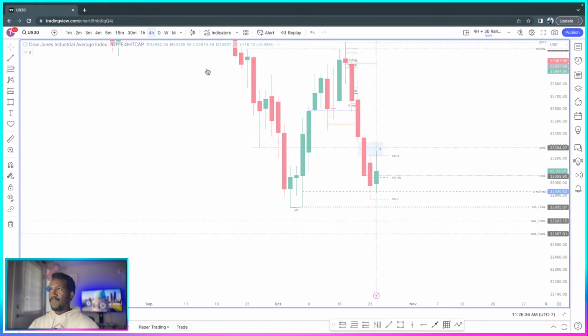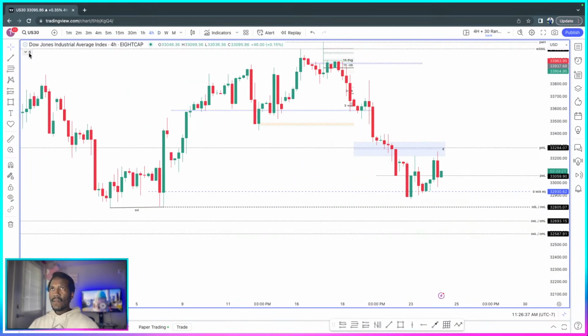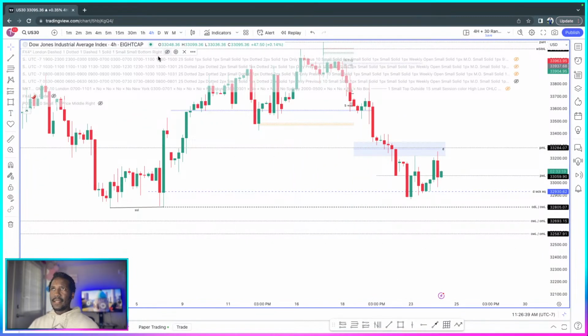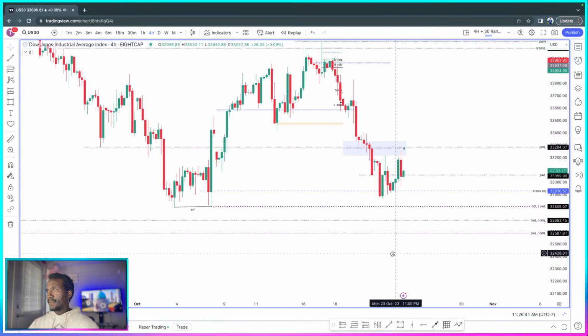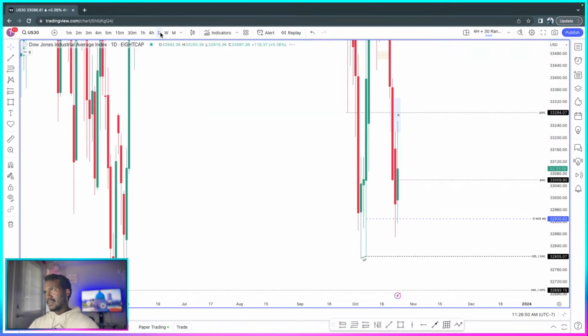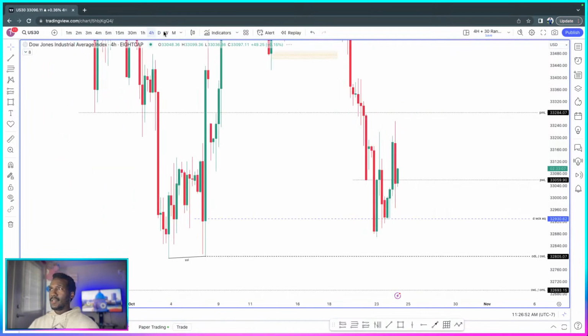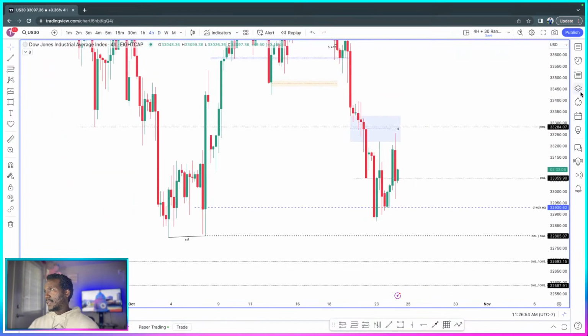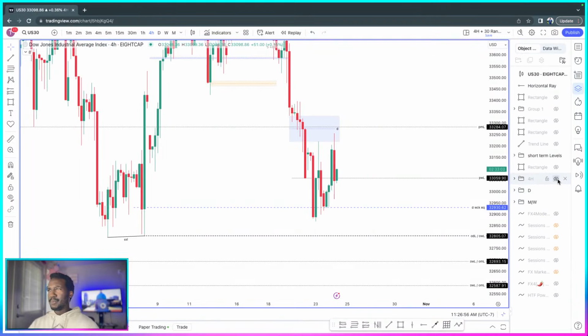Looking at the 4-hour, let me get rid of that previous day high and low. We can use it later. I don't like how we have all these things here, but it's kind of showing us where the middle is. So, looking at the 4-hour as well, I have its own folder, but this should be more of